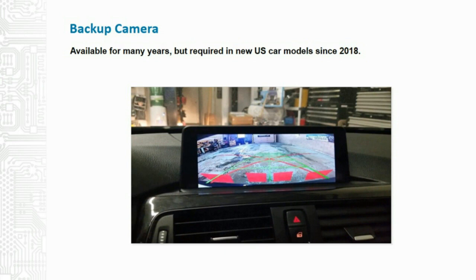The field of view generally includes a 10-foot by 20-foot zone directly behind the vehicle. I mentioned a couple of times now that NHTSA is somewhat out of the business of mandating safety equipment, but in May of 2018, NHTSA did require the backup camera technology on all new vehicles.